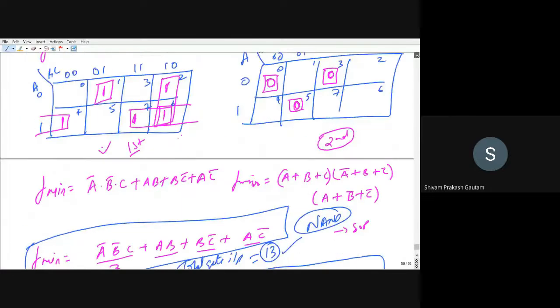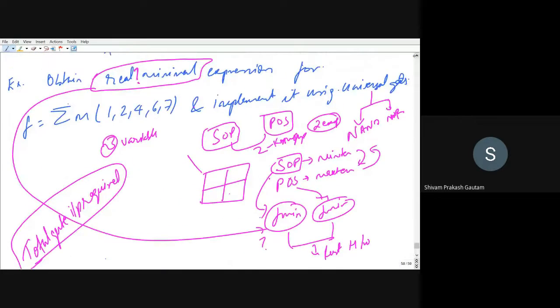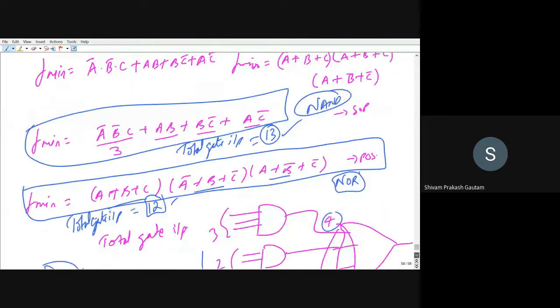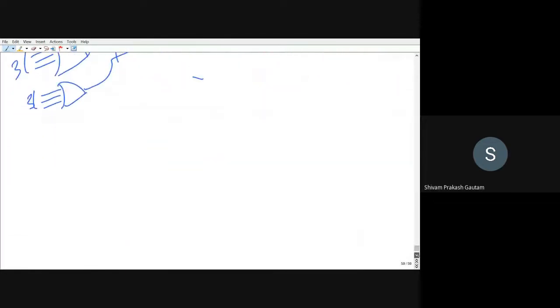If you see in the problem, it is not mentioned for specific reasons, right? Directly it has been given. You have to use a universal gate, either NAND gate or NOR gate. So if SOP form is giving the real minimum, then you will choose NAND gate. If POS form is giving the real minimum, then you can use NOR gate, right? So right now in this case, POS form is giving our real minimum. So we will implement the logic using NOR gate.